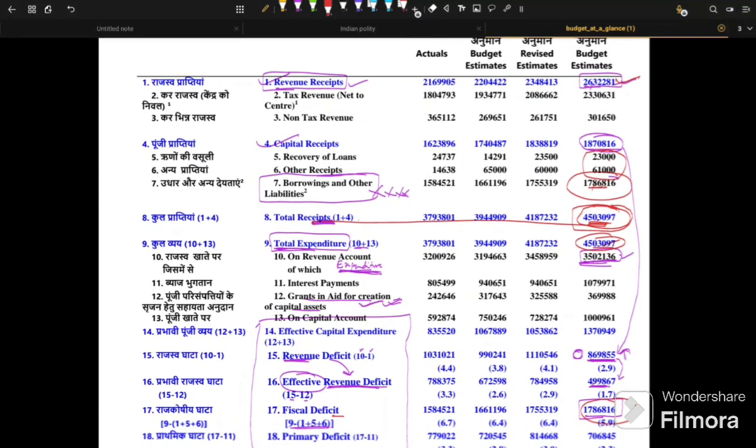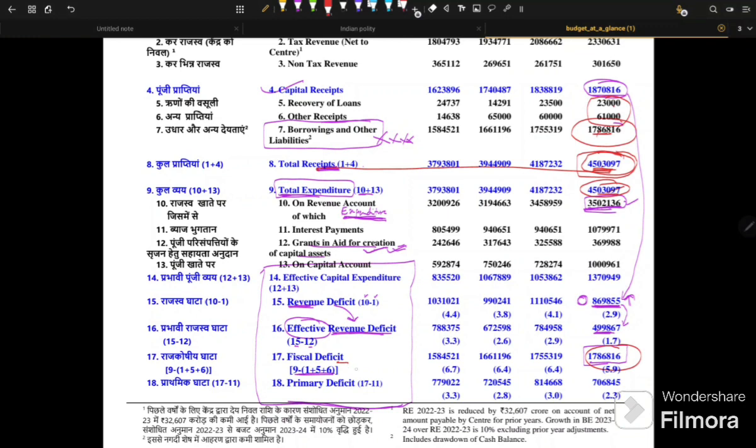Okay, then what it indicates: fiscal deficit is equal to borrowing. This is the total expenditure, and the total receipt is what the government is getting. To meet the estimated expenditure of the government, the government needs to borrow. This fiscal deficit gives the number of how much a country or a government needs to borrow from the public